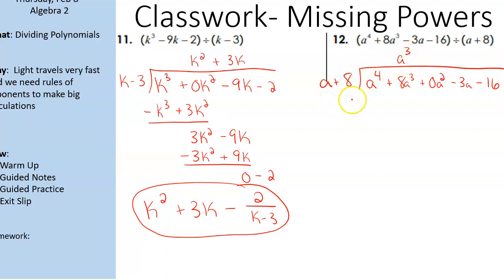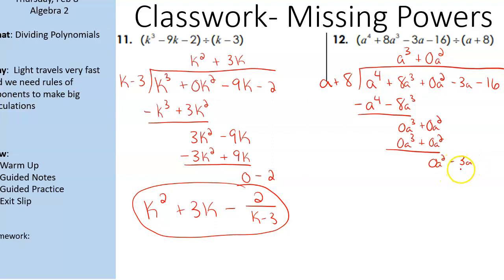Multiply that through, a to the third times a is a to the fourth. A to the third times 8, 8a to the third. Before I combine, change our signs, so both subtract, and we get 0. So we have 0a to the third, bring down the plus 0a squared. A to the third, what times that gives me a to the third? Well, we're going to put plus 0a squared, okay? So we have 0a to the third, and we would have 0a squared. Well, that's still going to be 0 there. Bring down the 3a,